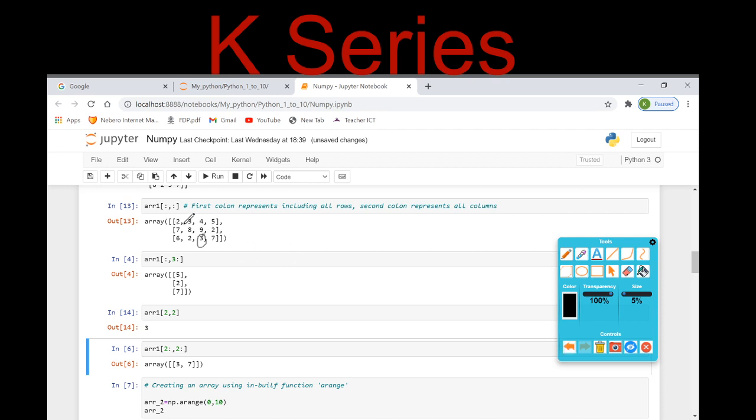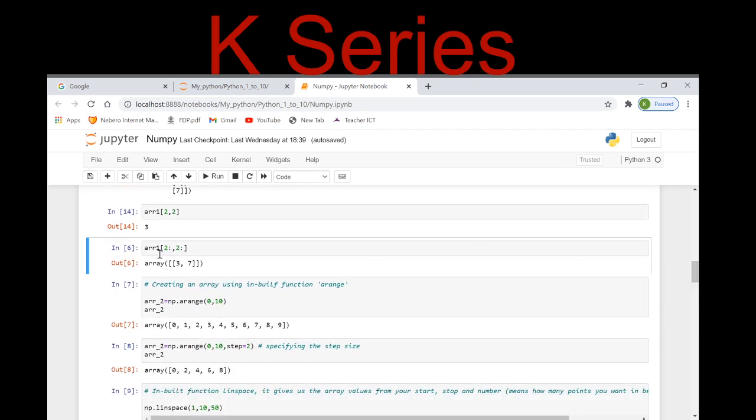Because 0, 1 and 2, second row and second column, so 0, 1 and 2, that's why it is giving me 3 as output here.